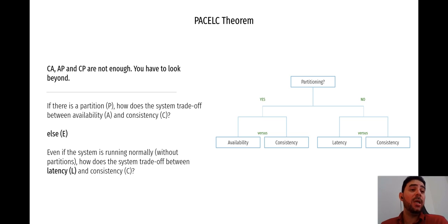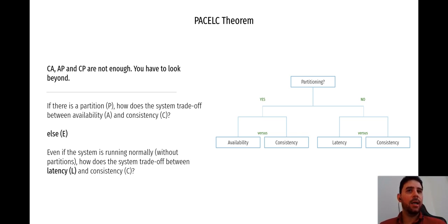Now you have to look beyond. This diagram shows the PACELC theorem, and it starts with partitioning. If you ask whether the system is partitioned, there is some kind of break in communication between the nodes. If the answer is yes, we still have to consider availability and consistency, one versus the other,